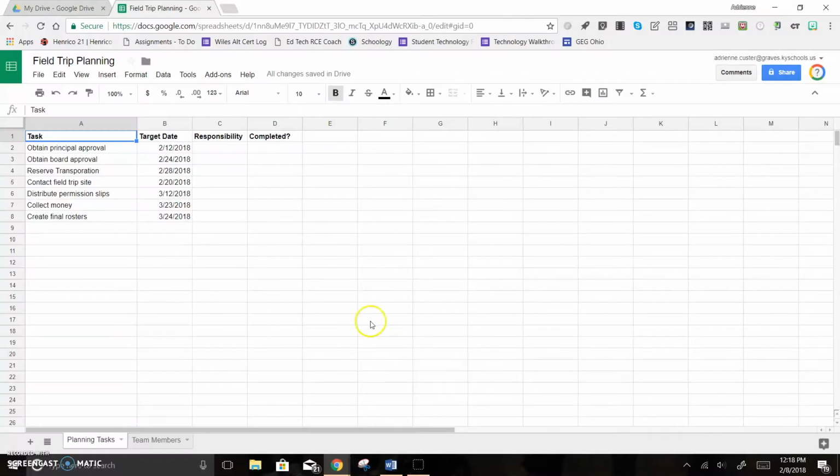I'm going to show you all how to create a drop-down box within a cell in Google Sheets. There are lots of reasons that you might want to do this, but in this scenario, I'm using a Google Sheet that I've shared with my teammates, and it's for field trip planning. So the first thing that we're going to do is,